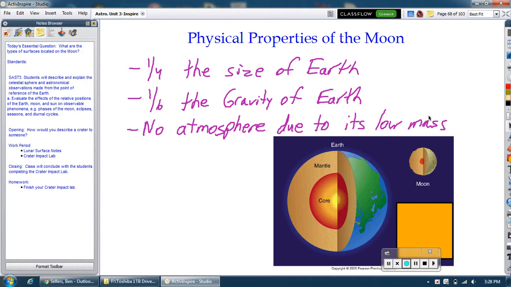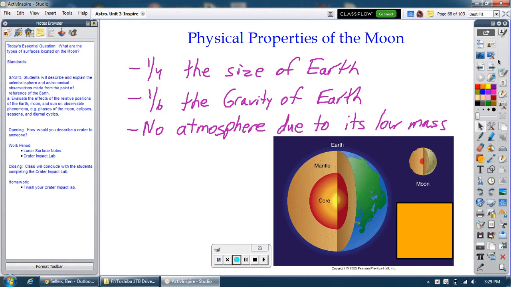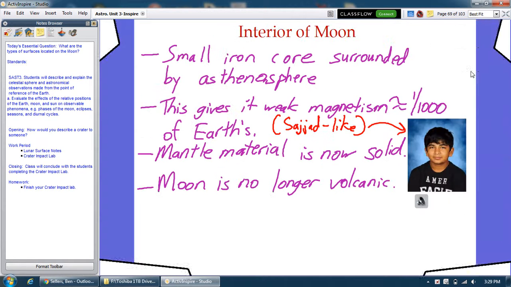Couple of physical properties about the Moon. It's a quarter the size of Earth. It has 1/6 the gravity of Earth, which is why astronauts are able to jump around so easily. It's also why the lunar module is able to escape the Moon's gravity so easily, right? It doesn't take as much force to get off the Moon, which is a great thing. It definitely does not have an atmosphere. It just has way too low of a mass in order to hold on to